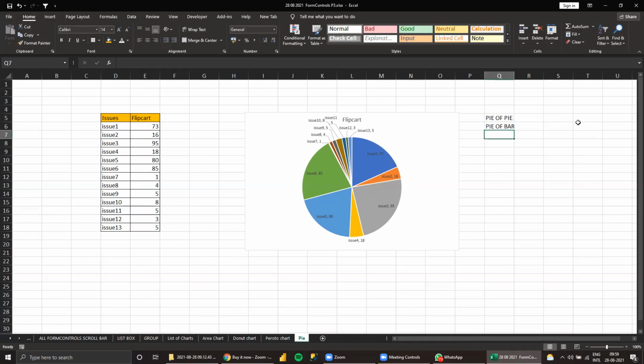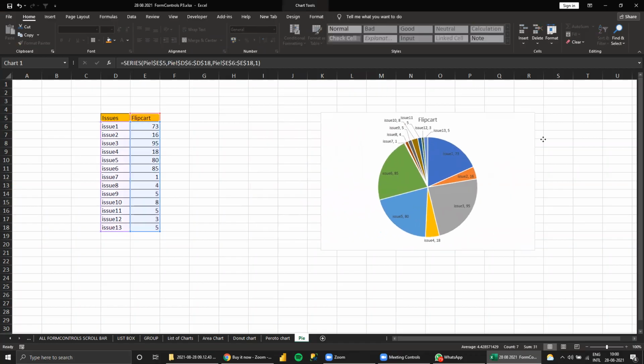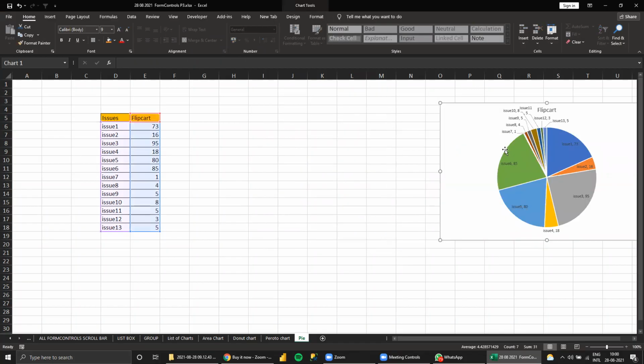These two charts are there. For the higher pie chart, whatever unwanted small things we see, I can make them one more pie, all together. Or I can show the small things as a bar chart. That's why pie of bar is there. So these are the things we need to present in this way instead.